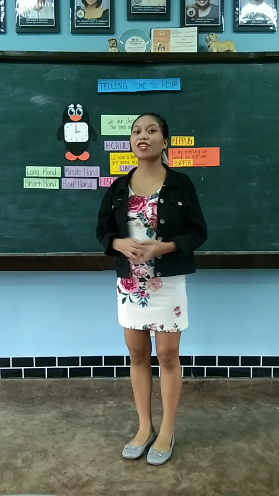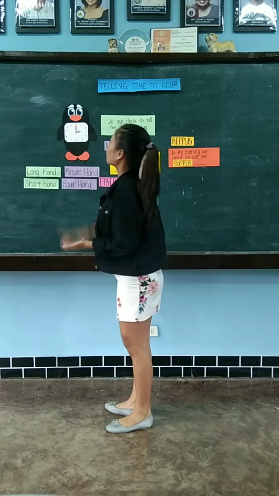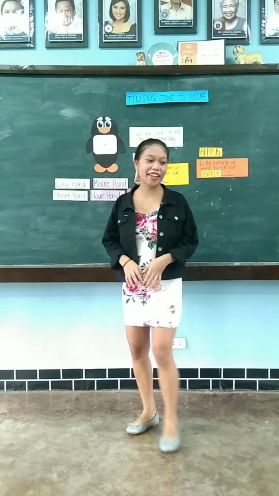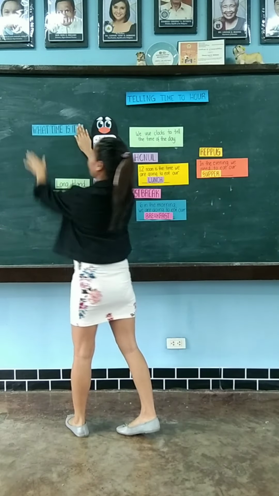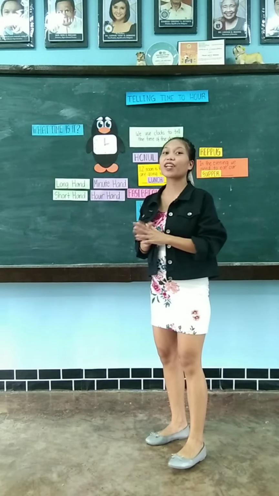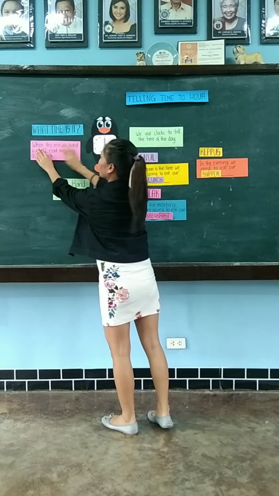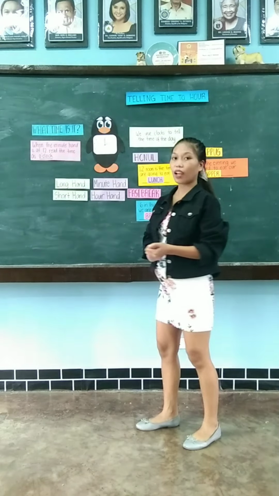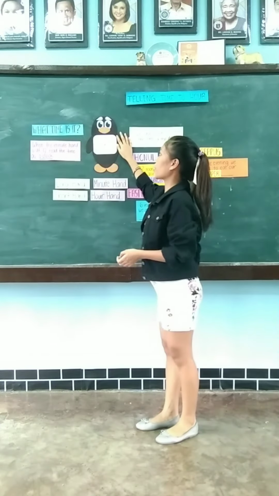Okay, so let us now try to tell the time. Anyone who can tell me what time is shown in this paper clock? Again, what time is it? Okay, I heard someone saying 3 o'clock. Very good, that is correct. So I want you to note this one. When the minute hand is at 12, read the time as o'clock. Since the shorter hand is pointed at 3 and the longer one is pointed at 12, this is called